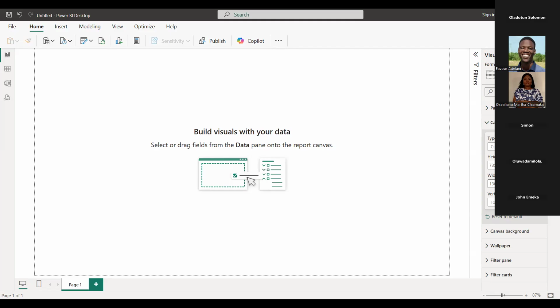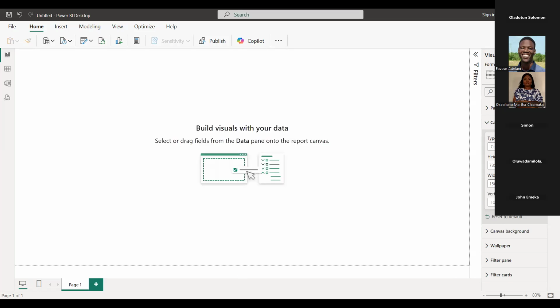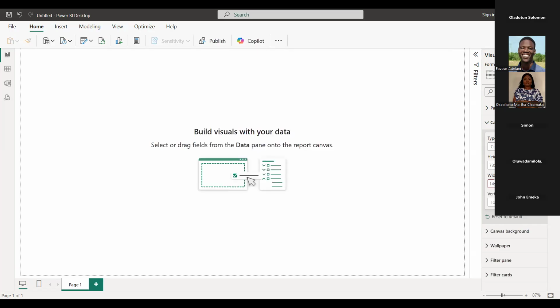When I first started using Power BI, it took quite a while to figure out that you can actually edit the canvas size, expand it if you want to make it larger. So instead of trying to expand manually, I'm just going to enter a value and say 1,500. Good. So you can see that I have an expanded width size. I'll go 1,000.